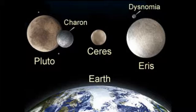Now, any object that is more than 800 kilometres that goes around a star but has not cleared its own orbital path, in other words, there's still a lot of debris there, is called a dwarf planet. And we have a couple in their series, Eris, Pluto. Pluto is being classified as a dwarf planet. Pluto and Charon, that's Pluto there. Charon, its moon, is there. It also has 2 other smaller moons. Now, there are a couple of other ones that have been added to the list quite recently. So we have about 6 or 8 dwarf planets. So we've got the 8 planets, a number of dwarf planets,